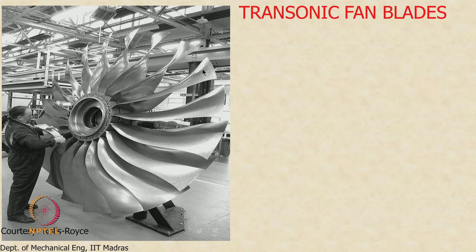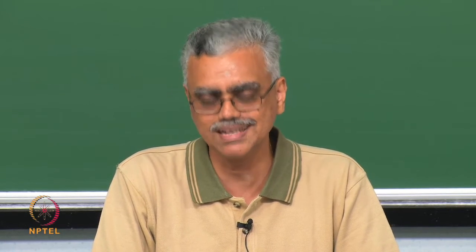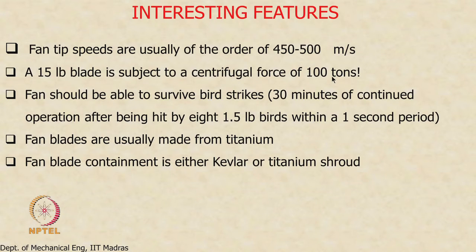We saw that also earlier. What happens when you put a bluff body in a supersonic flow? You get very strong bow shocks, which is something we want to avoid. So it has to be slender from a gas dynamics perspective, but it also has to be strong from a structural perspective because it has to withstand this kind of load.